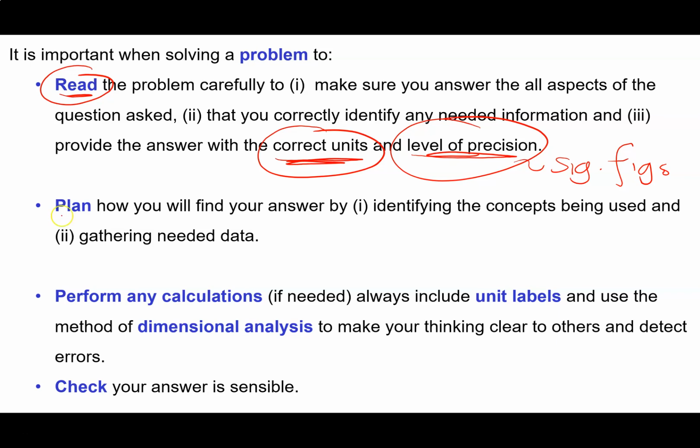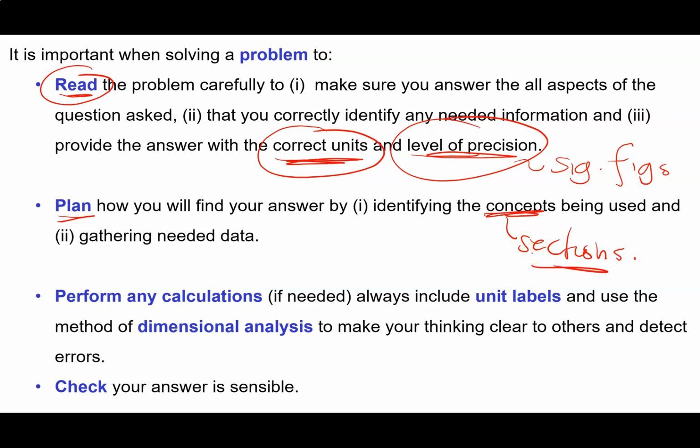So generally, once you understand what the problem's all about, you've sucked all of the information you need out of the question, you're going to, at least mentally, and sometimes we'll draw a little sketch, plan how you're going to get to your answer, right? And part of that planning process, like I said, could be making sure of the concepts that are going to be used. In our case, what we really might be thinking about is the sections of our book